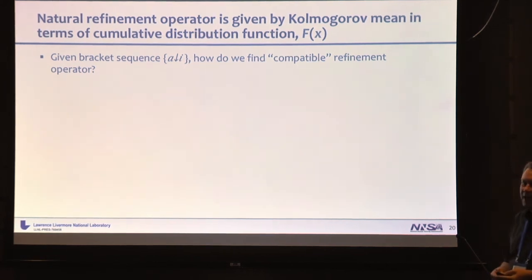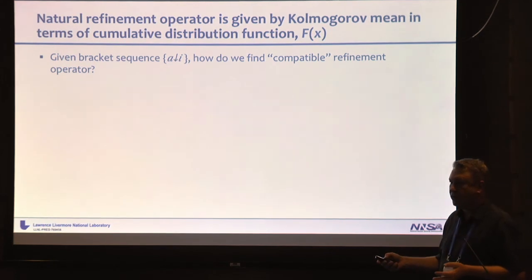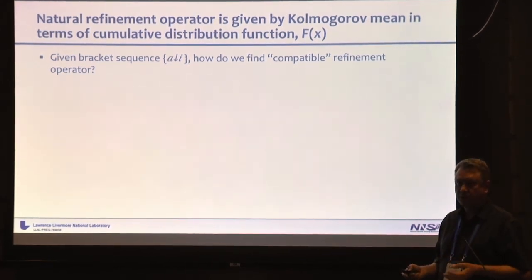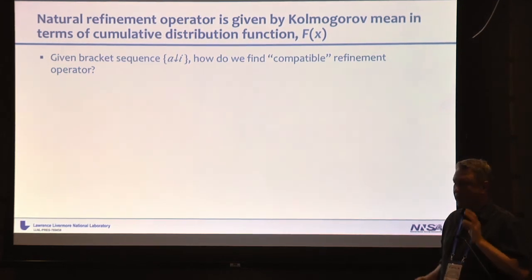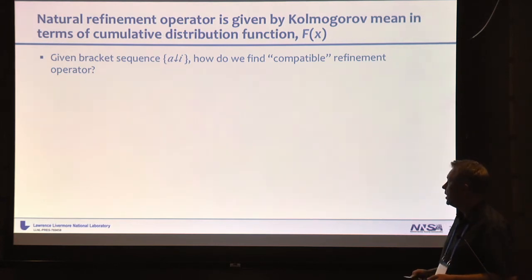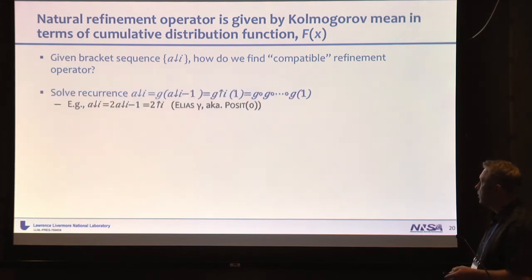So one question you might ask is that you have this initial bracket sequence of increasing numbers. How would you refine and introduce new numbers in between those in a compatible way? You can just take one generator and one refinement operator in isolation and apply those, and that works. But you might want something that very smoothly interpolates this bracket sequence. And the way that we're going to do that is that we're going to solve this recurrence equation